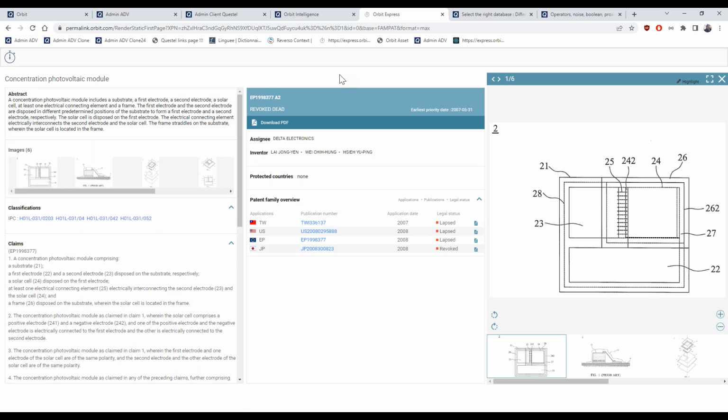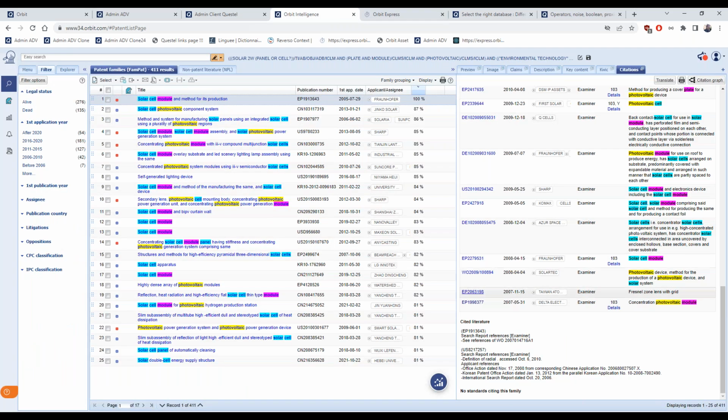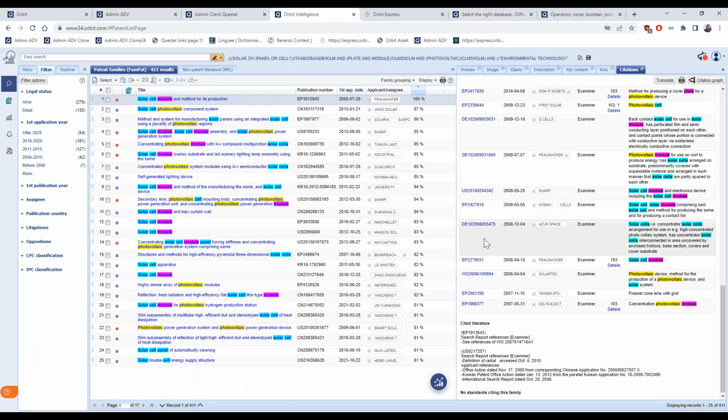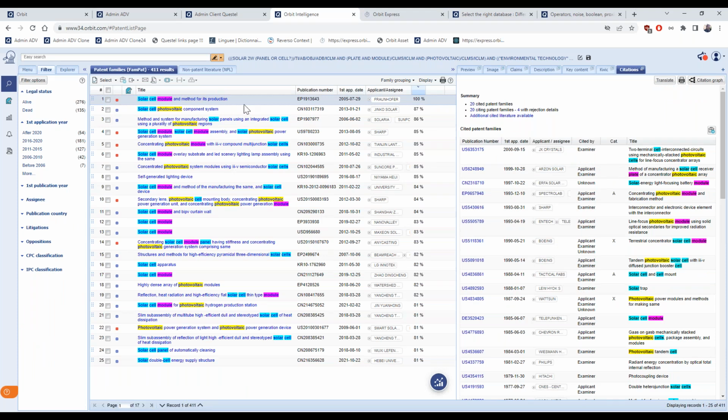Without running a search on this European patent, you can compare the European citing result with your family in question. So the first result, for example.